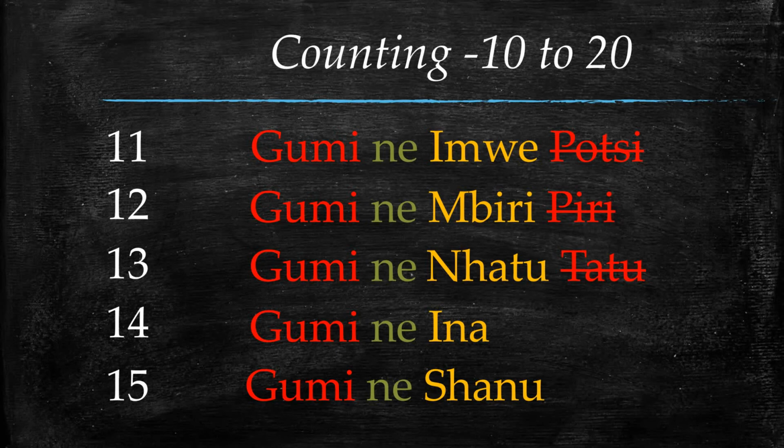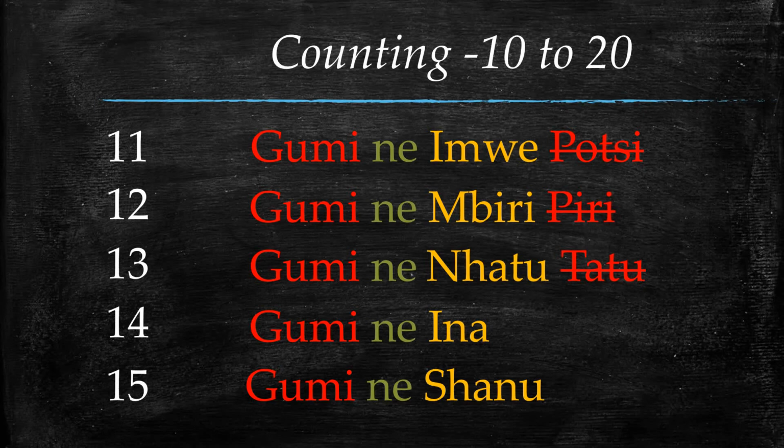So as you can see there, we don't say gumine potsi. We use imwe, mbiri, natu. Now gumi, as we learned earlier on, is 10. Ne is an equivalent of end, and then imwe is 1. So it's like we are saying 10 and 1, which is 11. So these are the tens and these are the units. Okay, so 11 is gumi ne imwe,